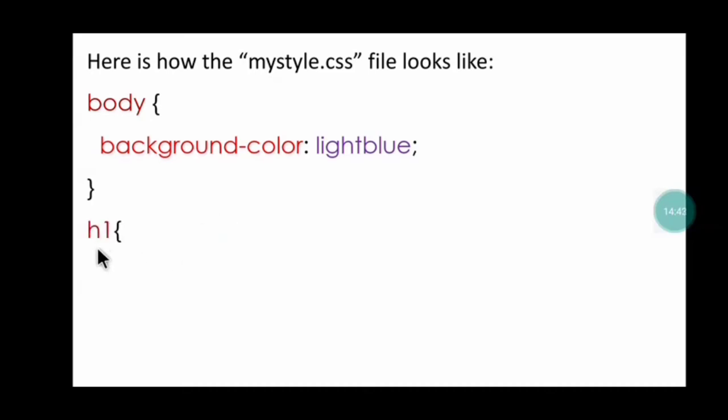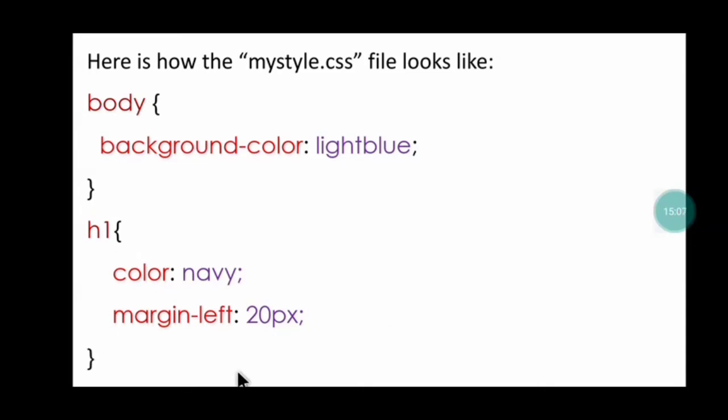Now I use the h1 tag, and for the h1 tag I use color navy. The color is the property and navy is the value I have given to the text. And margin-left is once again a property, and 20px is the value given, meaning the text will appear 20 pixels from the left side. Now complete the brace bracket.